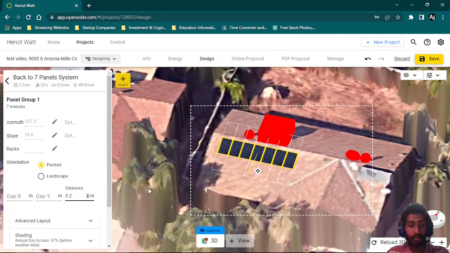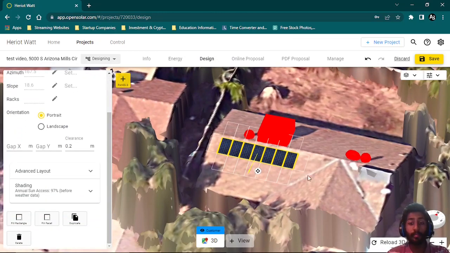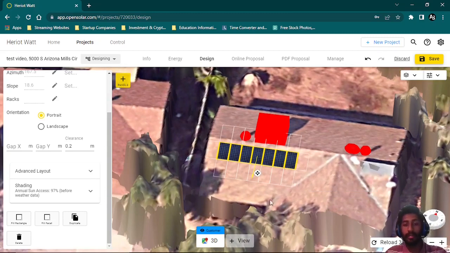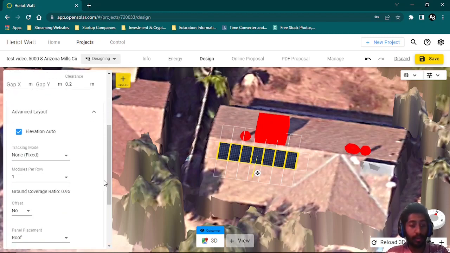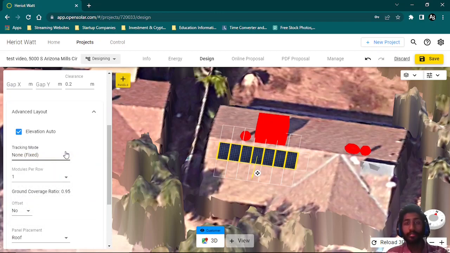So after having them installed, another great thing about this software, the Open Solar tool, is the 3D view that it offers you, which will provide you, like I said, the shading analysis. Before I go to the shading analysis, in the advanced layout, you can look at the elevation. It's basically giving the option of how many modules you'd like to have per row. If you want more modules per row, tracking mode, if you want an axis, horizontal tracking, back tracking. If you have solar tracking, it provides you with